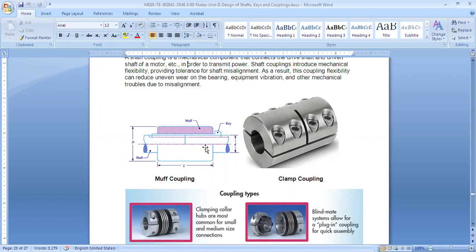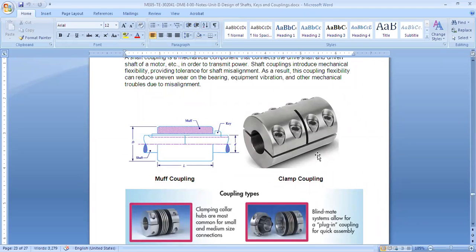And it will have a keyway in it, and the keyways will also be there on the shaft. So as the first diagram is showing, we have a key, and we will be inserting a key in it from one side, and basically the torque will be coming from the driving shaft to the key, then it will go to the muff, and then from the muff it will come to the key and again to the driven shaft. So it is a very simple element, right?